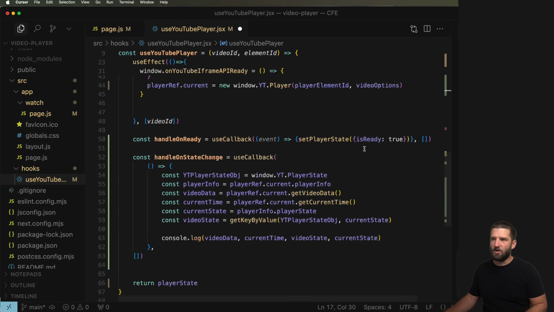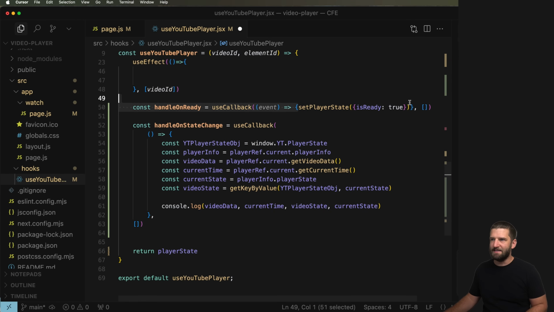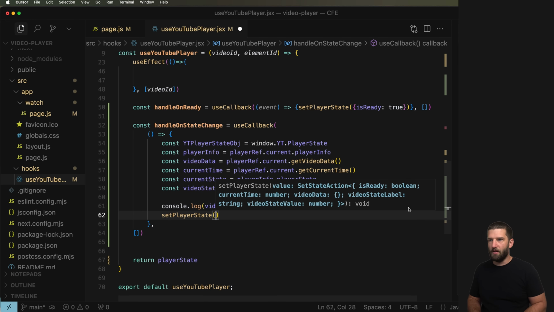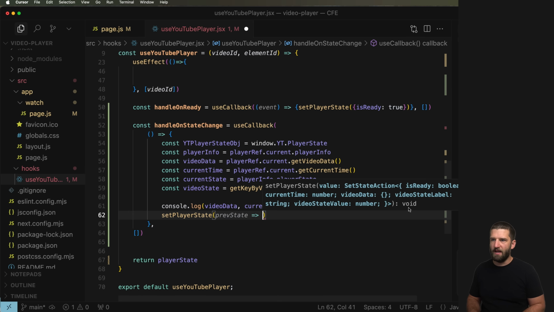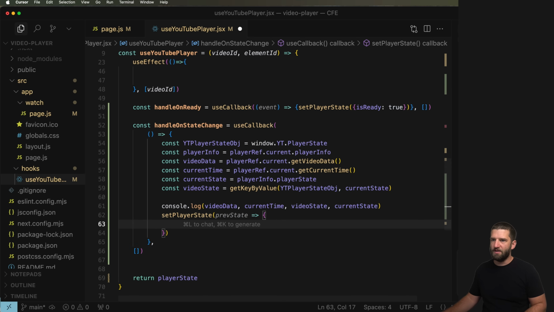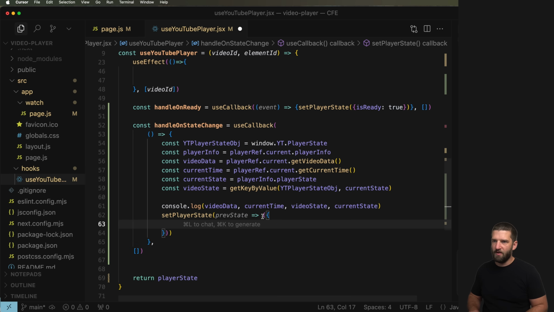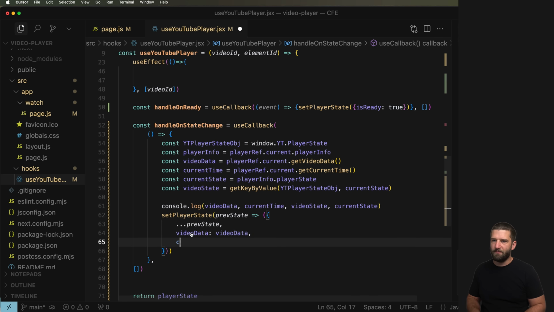So now I just want to set all of those different items in here. The way we're going to do that, of course, is by setting the player state. So we'll come down here and do set player state. And I'm going to grab the previous value, so previous state. And we're going to reset that value, right? That's the point of this, to reset the value if it ends up changing. And of course, the way we do this is by pushing in a function where we bring in that previous state, and then we update the values that are in there. And the values I want to use are going to be that video data, current time,